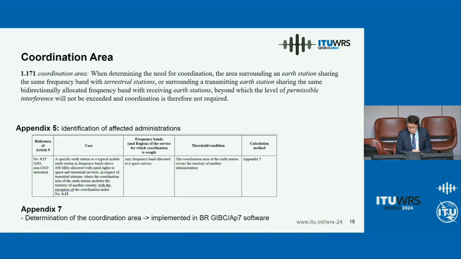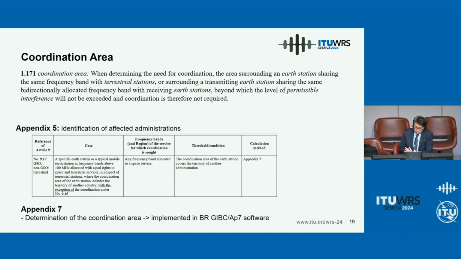Okay, how do you identify the affected administrations? The requirements are listed in Appendix 5. One example is shown here for 9.17. Okay, if you look at the condition, the threshold and the condition is that the coordination area of the Earth station covers the territory of another administration. Okay, and how do you calculate that? It is listed in Appendix 7.